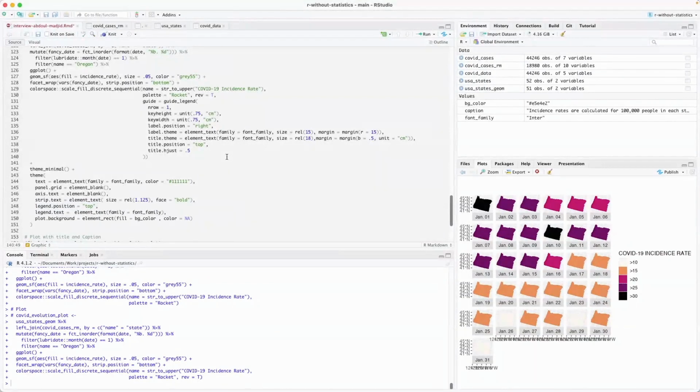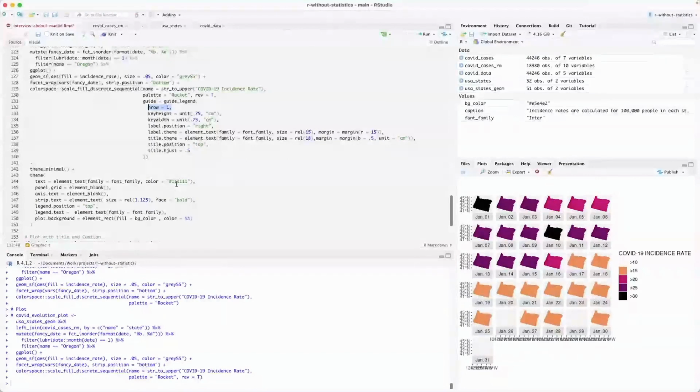So I specify the parameter nrow equal 1, and I can also specify the key height and key width. Then I want my key to be a square, so I give the same value to have a square,